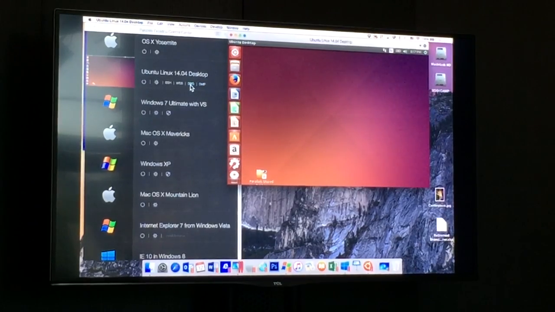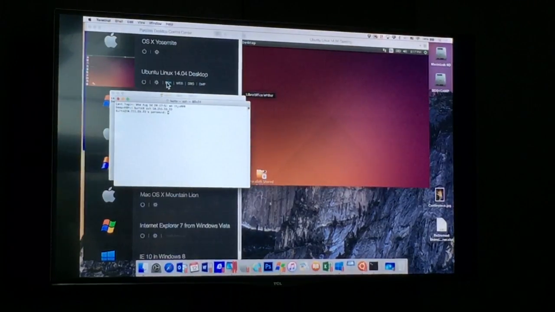I can open up a debugging session on a virtual machine. I can access the web server of a virtual machine. Or as I'm going to show you now, I can open up a Unix command line to that virtual machine with just a single click. So I have Ubuntu running here. I'll hit this button here,